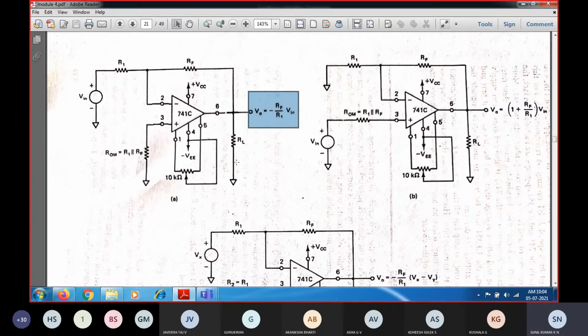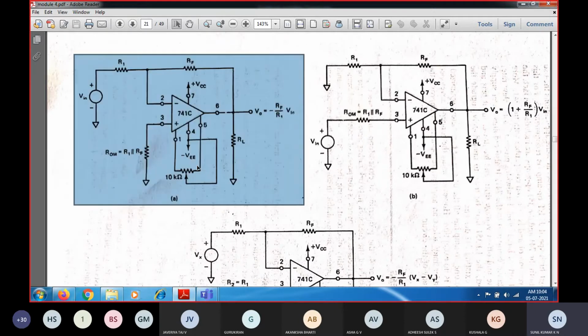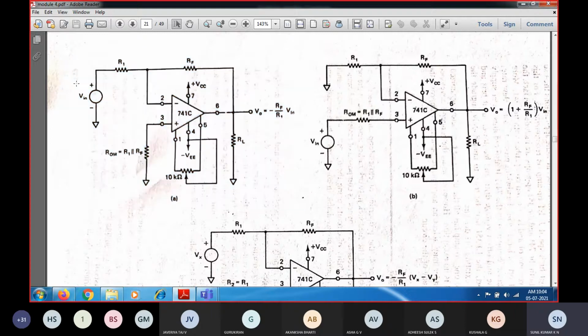He has provided an offset nulling terminal, so this configuration is called an inverting configuration, with offset nulling circuitry provided over here. And why is it called inverting? Because you are going to provide the input signal at the inverting terminal, so the configuration of the operational amplifier is called an inverting amplifier. Why? Because from the output you are going to give feedback through the feedback resistance, which you connect to the inverting input itself. So this type of configuration is called an inverting amplifier configuration, and this is the corresponding gain which you are going to get as the output voltage.